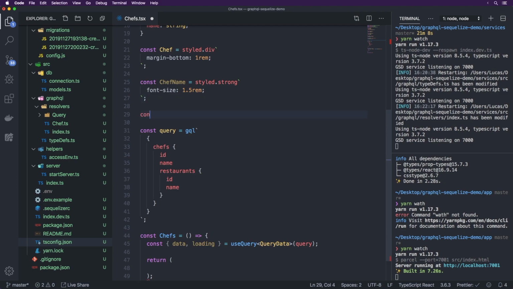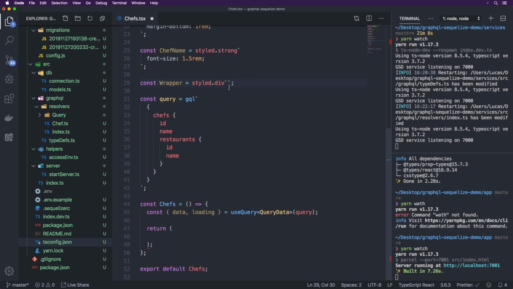So const Wrapper is going to be styled.div, and we're actually going to leave the styles empty for now. I think it's a good idea to leave it empty and know that you have an intention of styling it. So this is usually what I tend to do during the development process. Now you may feel free to use a div here, that's totally fine, but I like to do this because I like to add styles into it as I go along. Anyways, so now let's go into here and let's put in our Wrapper,